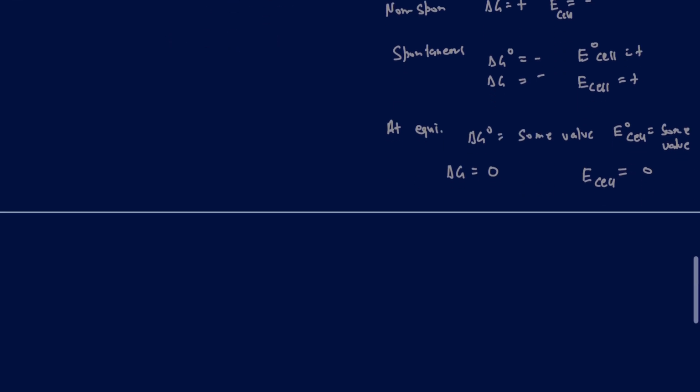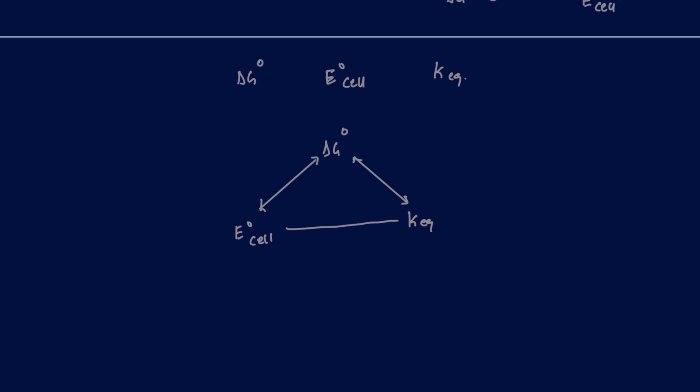And this is when you start relating multiple quantities: I can relate delta G standard, E0 of the cell, and K, the equilibrium constant. So remember, delta G standard here, E0 of the cell, and K equilibrium. I don't want to talk about delta G non-standard because at equilibrium, it would be 0. So you want to make sure you can go back and forth between those two relations, and you know the equations for those two relations as well. We already know for the E0 of the cell, delta G standard is going to be equal to negative NF E0 of the cell,